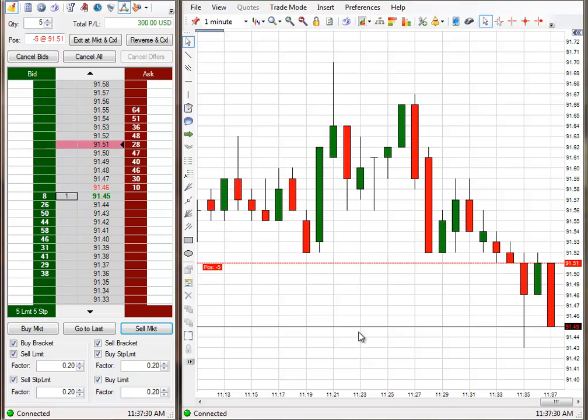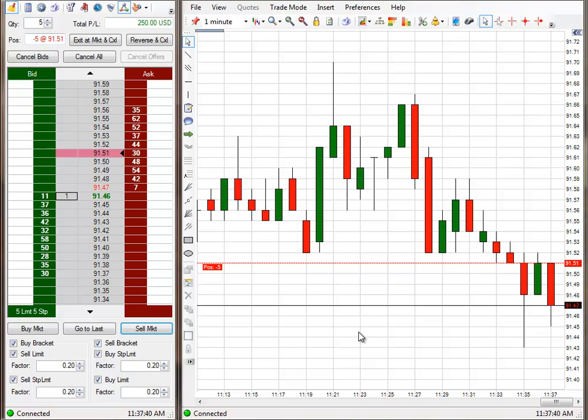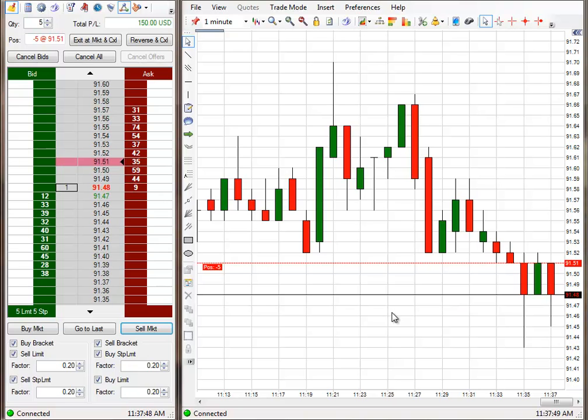This morning it wasn't good for 100. It was only good for like 70 ticks this morning. That was all it was good for. So see, that's another reason why this one will be good, because the euro was only good for